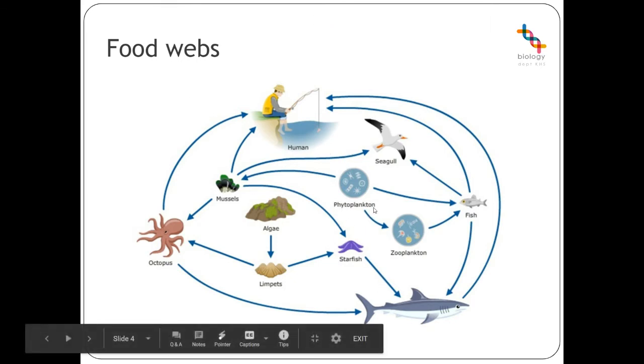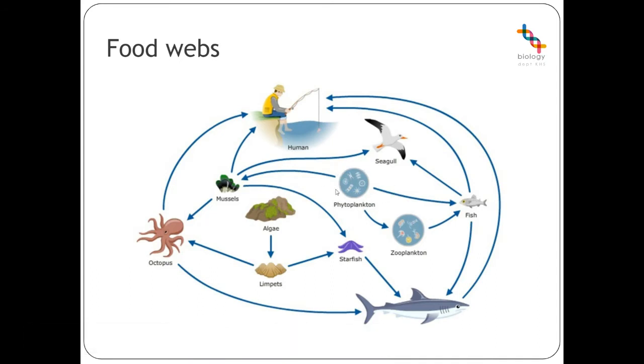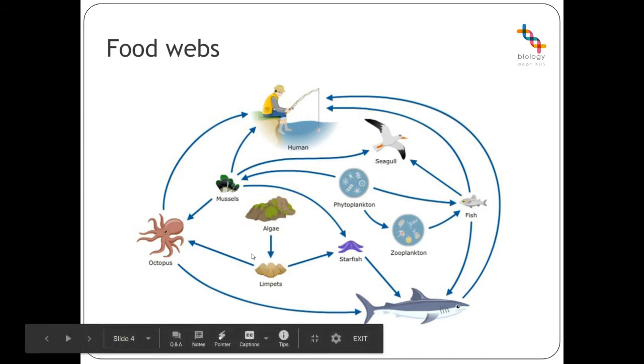So in this example, if you follow all the arrows backwards, the energy seems to come from phytoplankton and algae, I believe. So the difference between this and a food chain is that if we take algae as an example, algae's energy goes to limpets. At the moment, it's just one arrow, so it's like a food chain. But from limpets, their energy is split towards octopi and starfish. So the energy that the algae has generated from the sun goes to limpets and then is split to octopi and starfish. Their energy goes to the shark